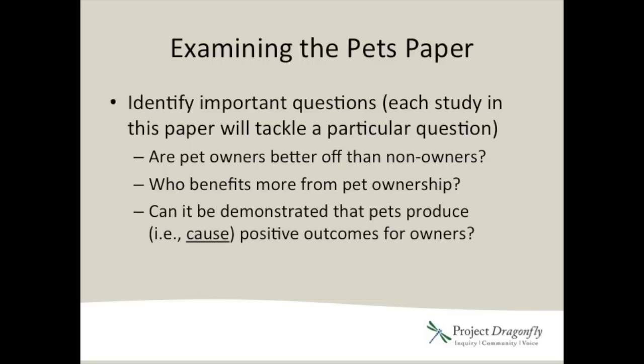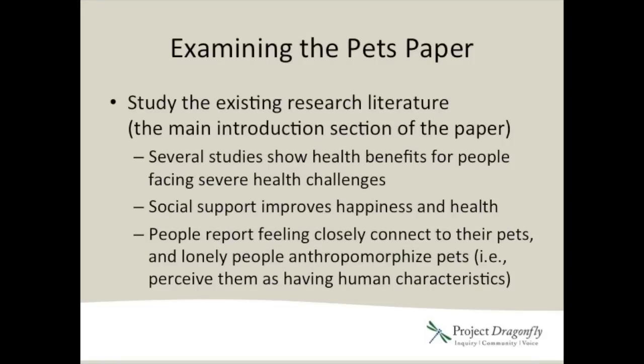Because the first 2 studies are correlational in nature, we can't tell whether or not pets cause these outcomes unless we manipulate that particular cause and demonstrate that in a controlled study. Every paper starts with an introduction to talk about the existing literature and relevant theories that help to frame the